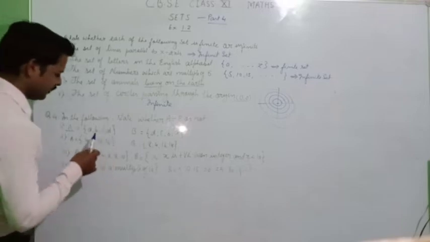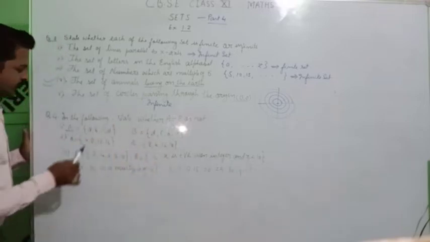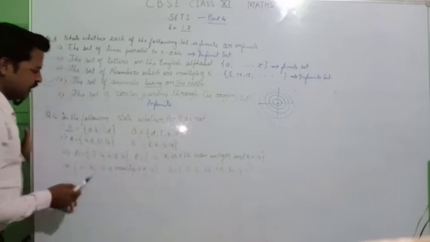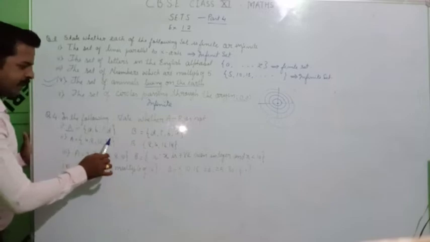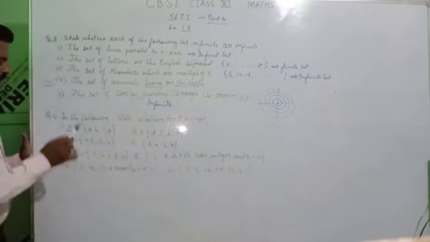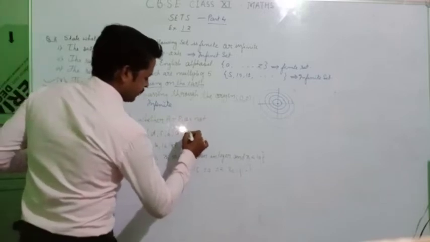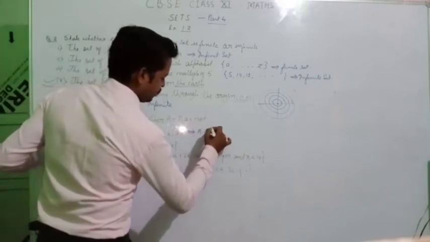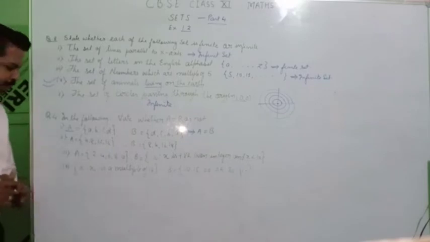Now see whether the elements are same or not. इनके elements same हैं क्या, ये देखो आप पहले. इसमें A है, इसमें भी A है, इसमें B है, इसमें भी B है, इसमें C है, इसमें भी C है, इसमें D है, इसमें भी D है. So we say A is equal to B because the elements are the same. So the answer for this is A equal to B. Let's see the second question.